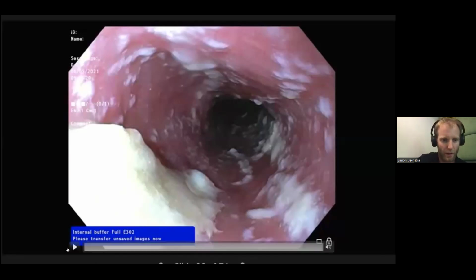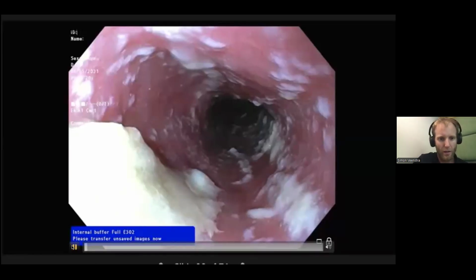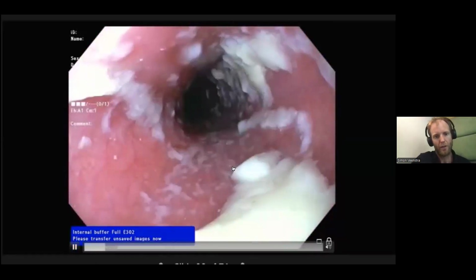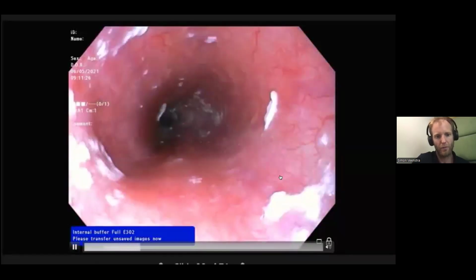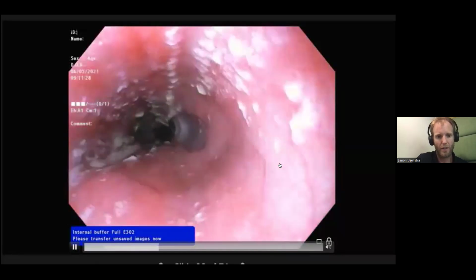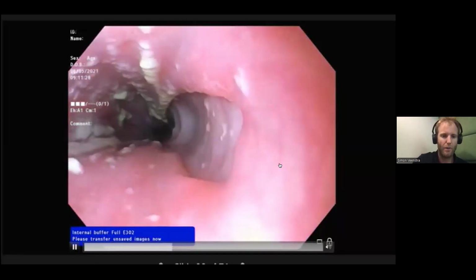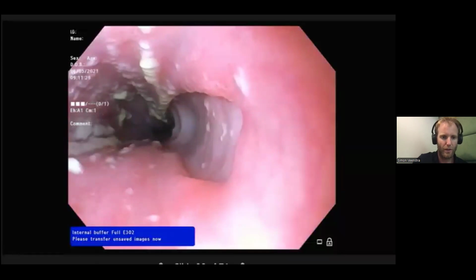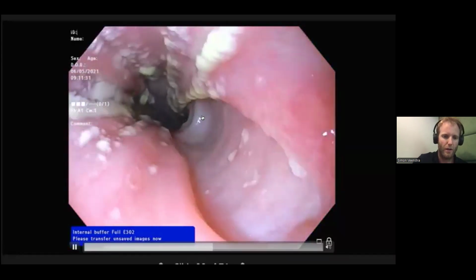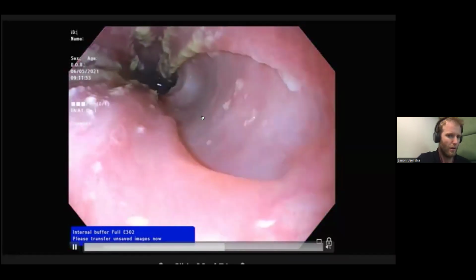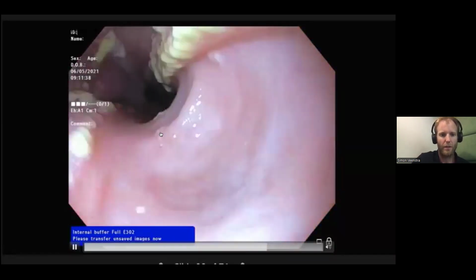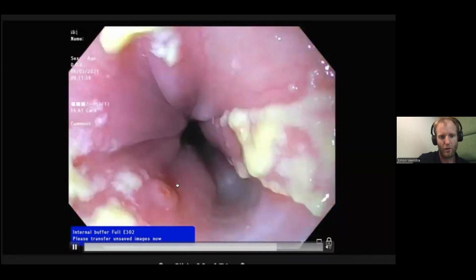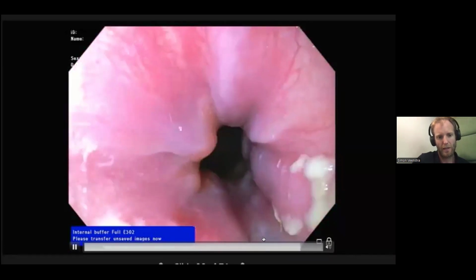And I think everyone can appreciate, I think there's probably an element of debris, but this looks like at least esophageal candidiasis. And then as we go down to the mid esophagus, one can see this punched out ulcer, with very clear borders. And this was most likely, there's a nodule there as well, but this is most likely CMV